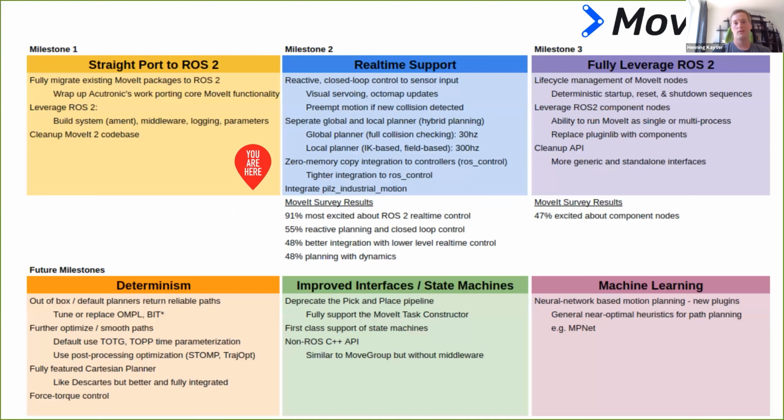Here is the current development roadmap of MoveIt 2. Don't worry, I won't go through all the bullet points here. Currently we're still working on Milestone 1, which is the straight port to ROS2, which means refactoring all the message types, message interfaces, action services, logging, node handling, launch system, all of the basics that you need